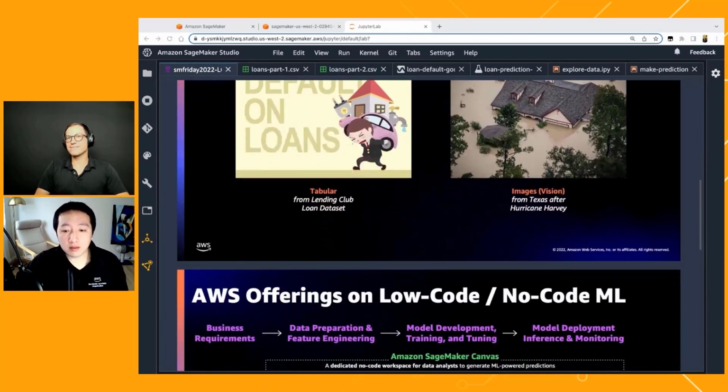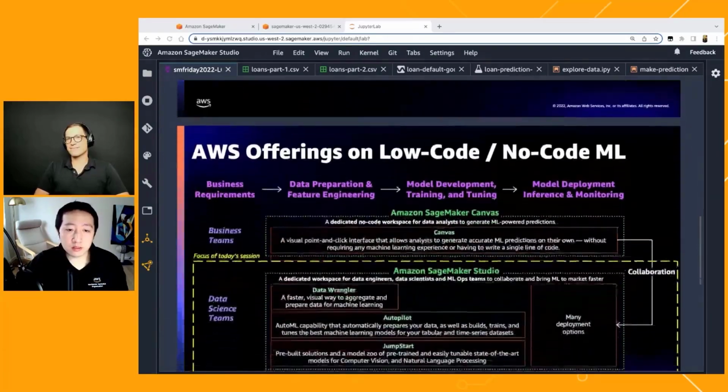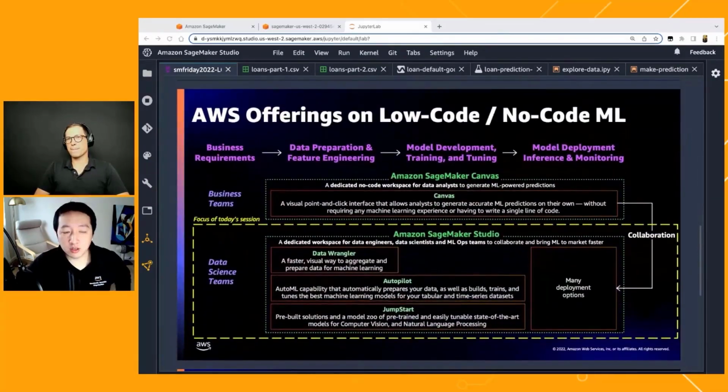So we first need to understand what is the life cycle of a machine learning process. First of all, we start out with the business requirement, as you just stated, right? So the 2 use cases, very clear business requirement, and how do we convert that into machine learning questions or problems so that we can start the machine learning model building process, right? The first step is the business requirement.